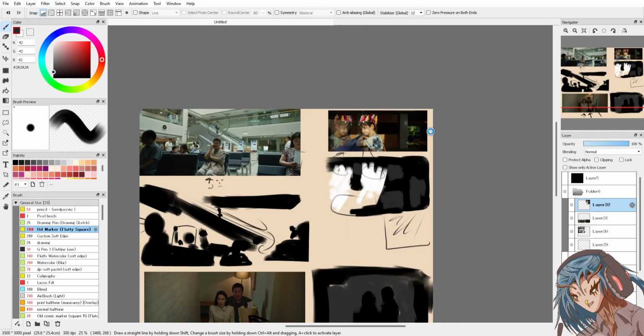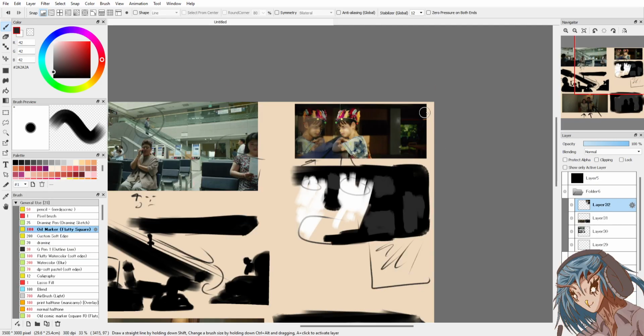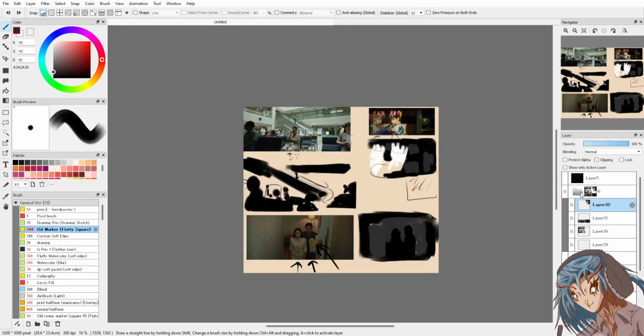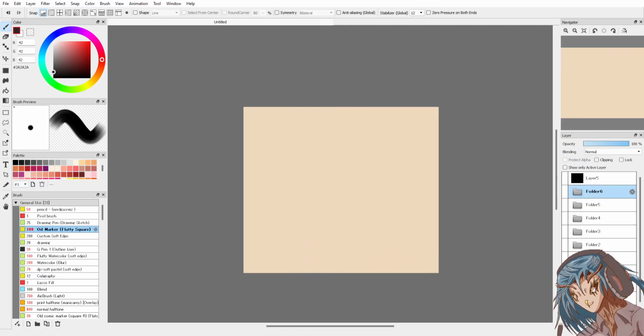I think that's the rest of the house, right? All these different shots show us the layout of the house. Next.